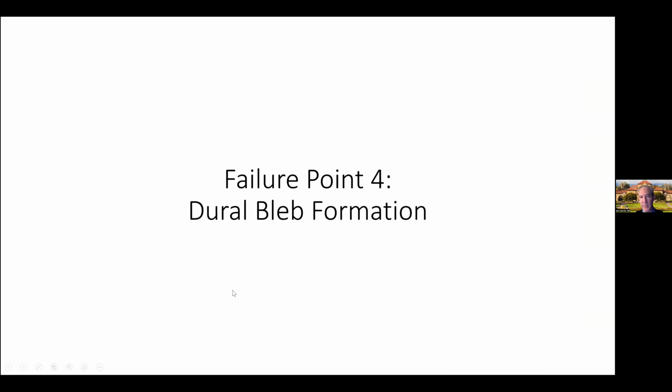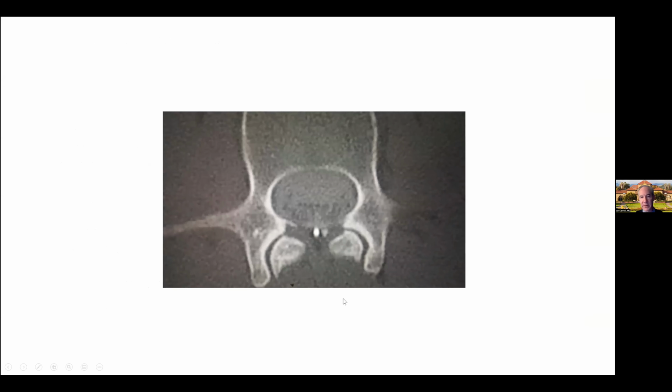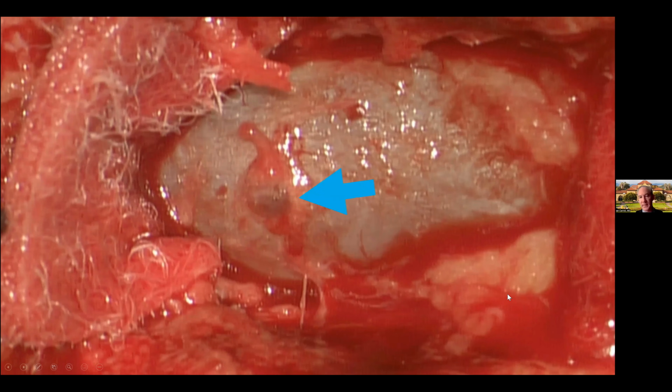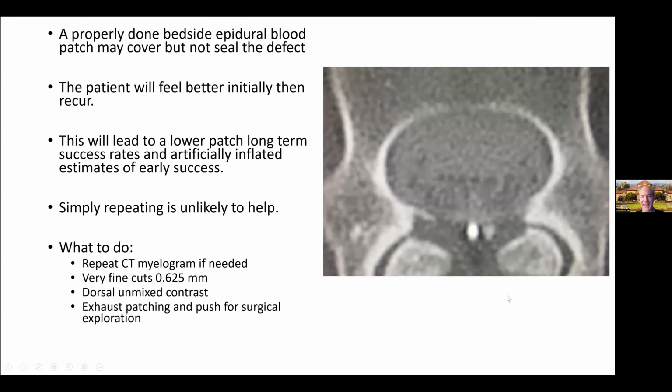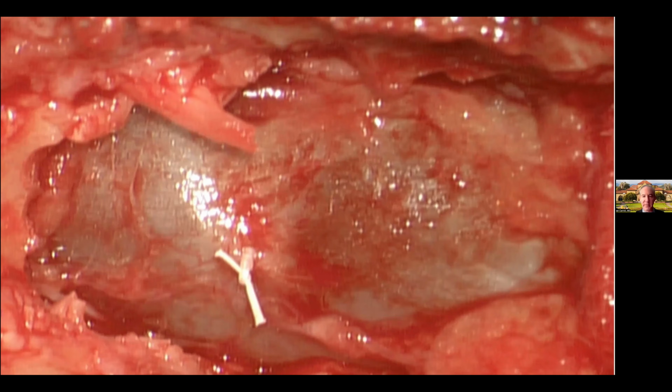And then failure point number 4, which I think Dr. Ulrich is going to talk more about, is dural bleb formation. This is my little favorite case. This was a patient who had a spinal cord stimulator placed with a known accidental dural puncture. She developed chronic headaches, and you can see her spinal cord stimulator lead sitting outside the dura there, and right next to it, the dural bleb that caused her to lose 60 pounds as she vomited 9 times a day over the course of 18 months. She's now a med student. That's what it looks like at surgery, and with the suture put in it. I think those images might have come from Wouter.